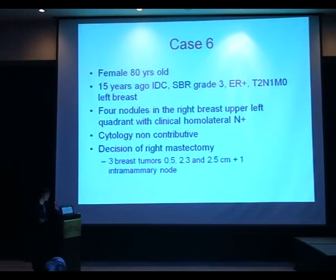The last case is an 80-year-old woman. 15 years ago, she was diagnosed with an invasive ductal carcinoma, SBR grade 3, ER positive. She had a T2N1 M0 tumor in the left breast. She received chemotherapy, radiation therapy, and she did very well for 15 years. And she came for